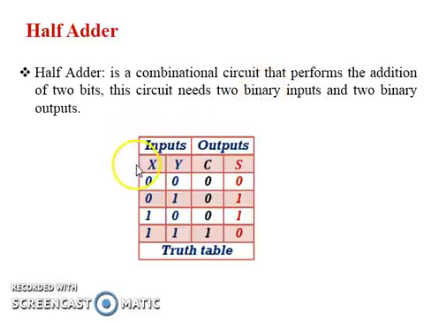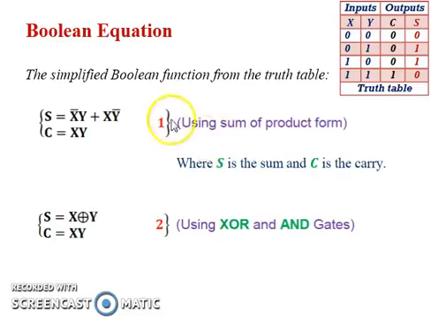So here you can see that X and Y are the 2 binary inputs and C and S are the 2 binary outputs. C stands for carry and S stands for sum. Since 2 inputs are there, we have 4 possible inputs which are listed from 00 to 11, and these are their corresponding outputs. Once we have constructed the truth table, the next step is to implement the Boolean function for carry and